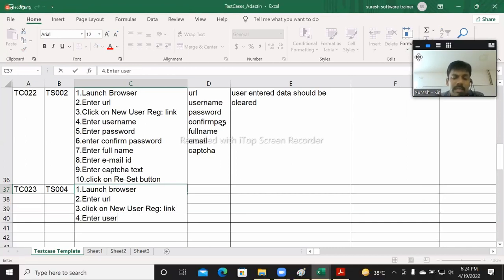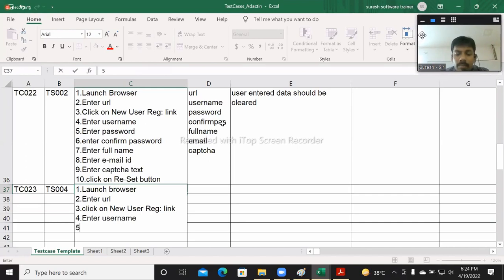Okay. Considering that, enter username, and then enter password, and then mention enter confirm password. After that, enter full name. Okay. After that, enter email. Okay. And then, click on